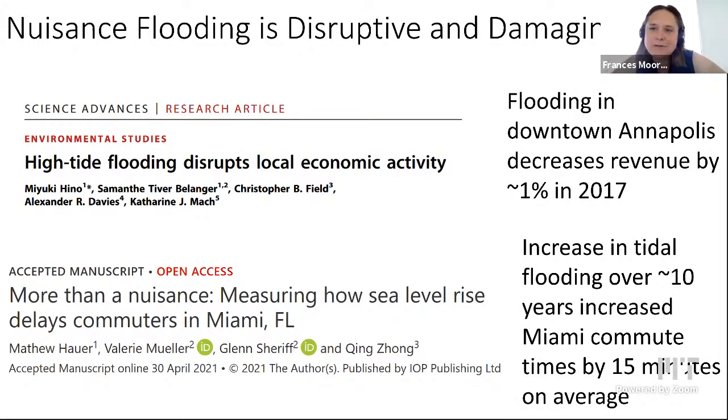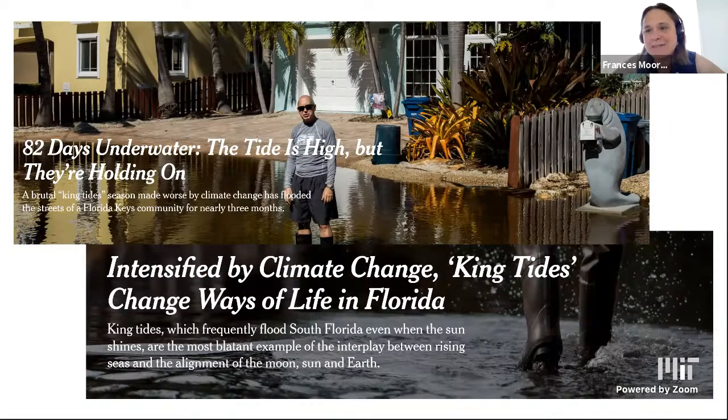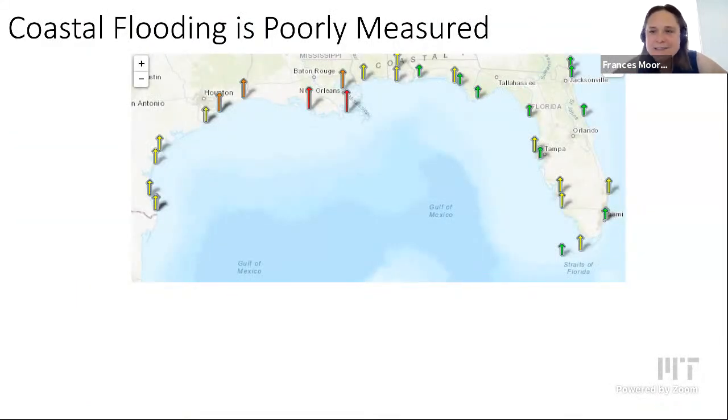And then these somewhat anecdotal or reported cases of these things becoming frequent, becoming longer, and causing people to take more and more costly action to avoid being affected. But these events are not easy. If you're trying to understand what is the frequency of these events over what spatial scale, how frequently are they happening and how disruptive are they, it turns out that's not easy to do, and we don't have great data on this, right?